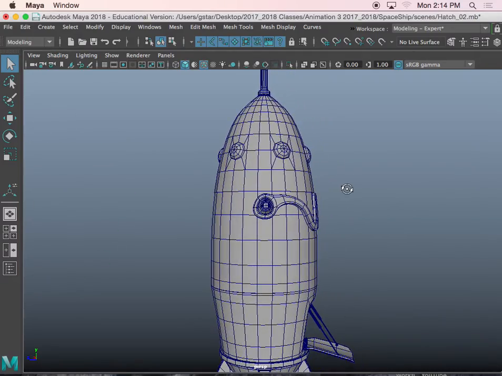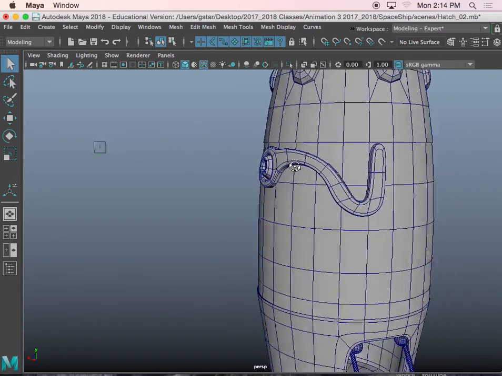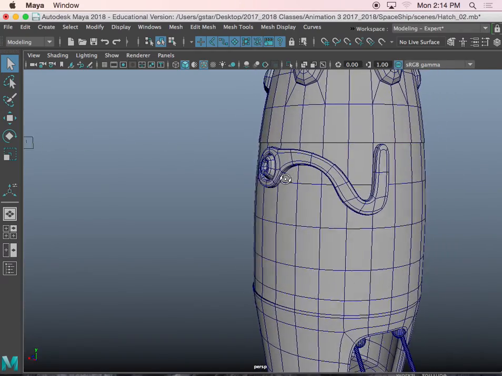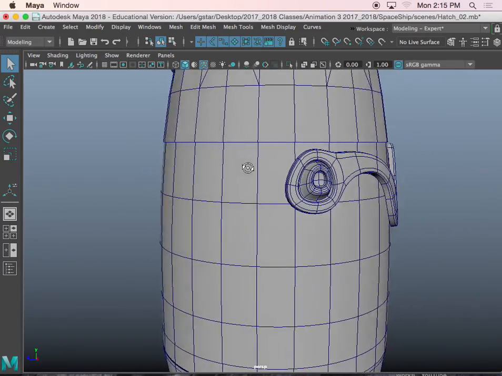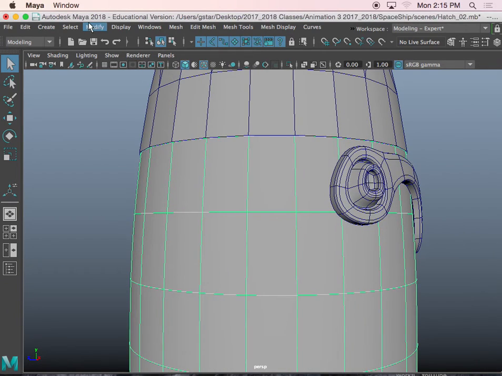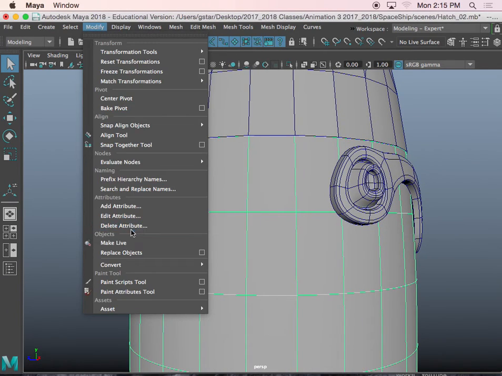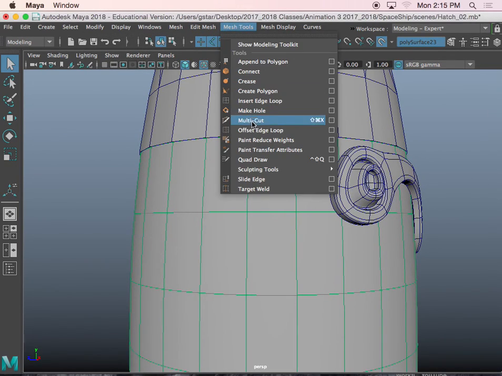Okay. Next, I'll teach you how to use the extrude along a curve to create like a fence. Or not a fence, but like a handrail. Okay. So I'll make this object live again. So modify, make live, and I'll go to Mesh Tools, Quad Draw,